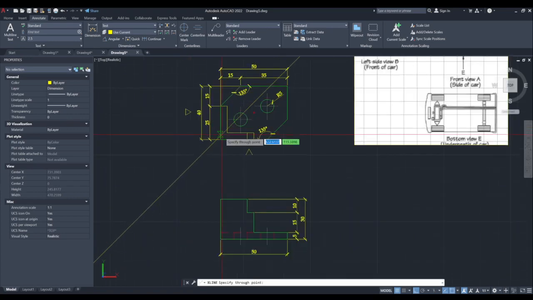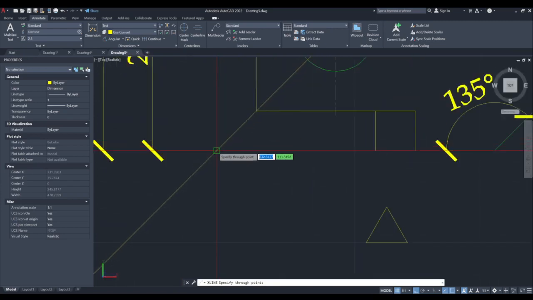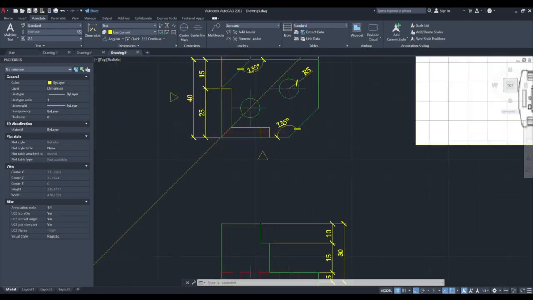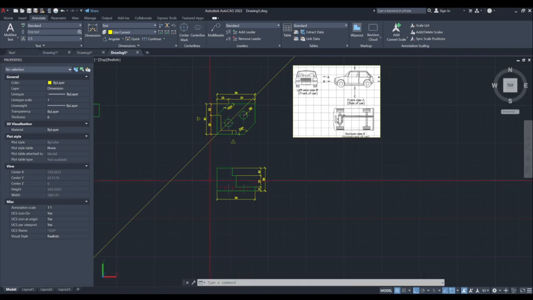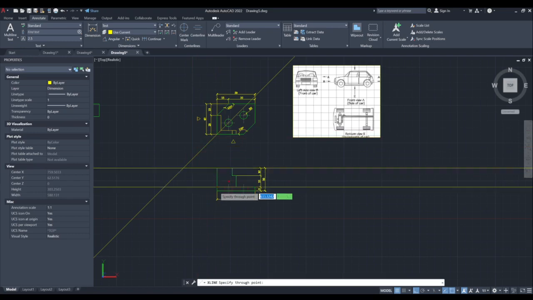So this is the angle 45. It must be put at the corner of your object. Now this time we're gonna do some projections from the front view and the top view to create the side view. So to do that, let's create a horizontal view of this to define the height